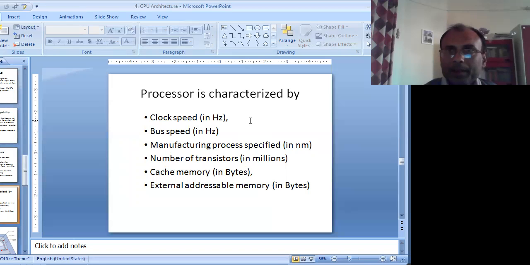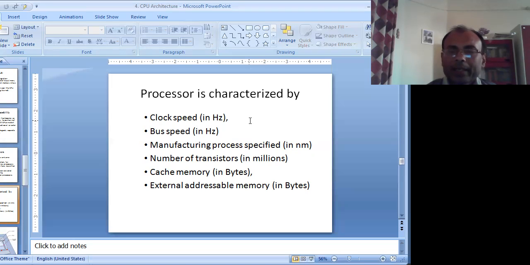For example, the 8085 processor had 16 address lines. So the 8085 processor was able to address 2 raised to the power 16 memory locations, and 2 raised to the power 16 comes out to be 65536. That means 64 KB of memory. So the addressable memory for the 8085 microprocessor is approximately 64 KB.